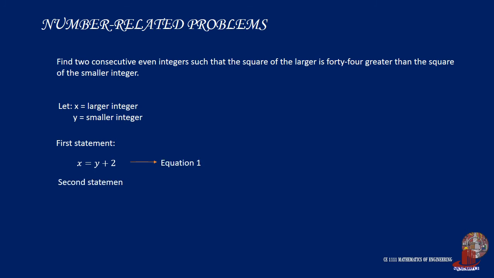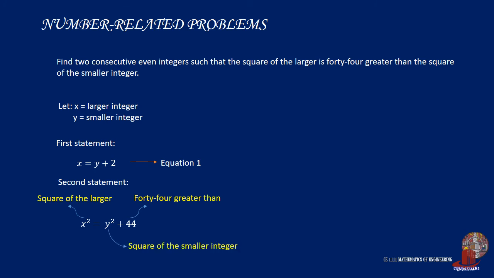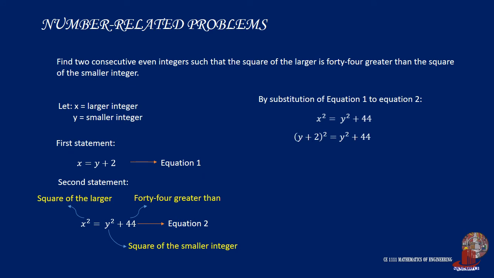The second statement provides the other equation stating the square of the larger is 44 greater than the square of the smaller integer. And this we will call equation 2. Using substitution of the first equation into the second, we would get y plus 2 squared is equal to y squared plus 44. Then expand the left side, it would result in y squared plus 4y plus 4 is equal